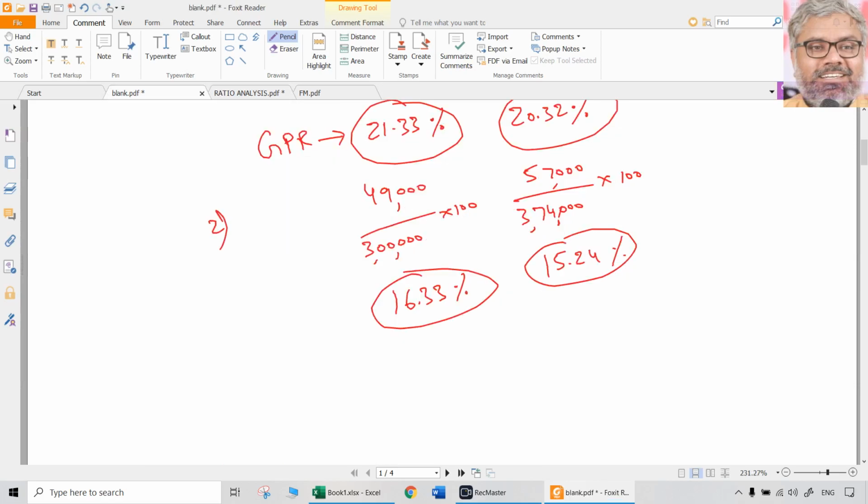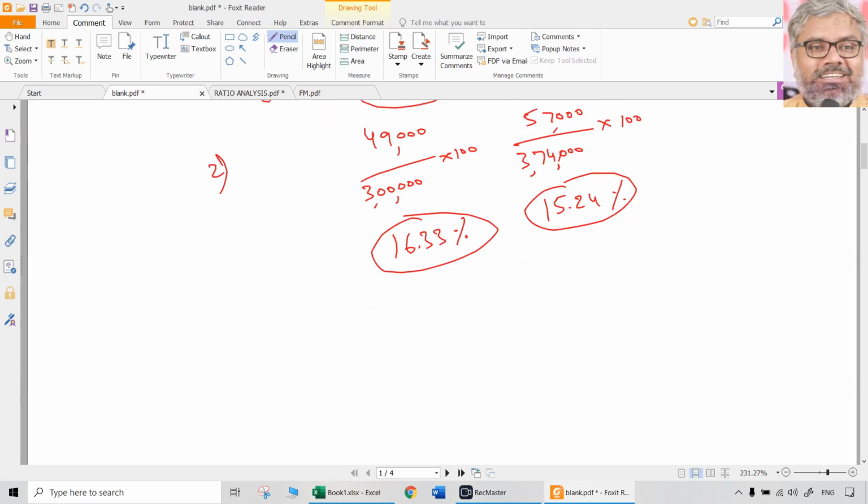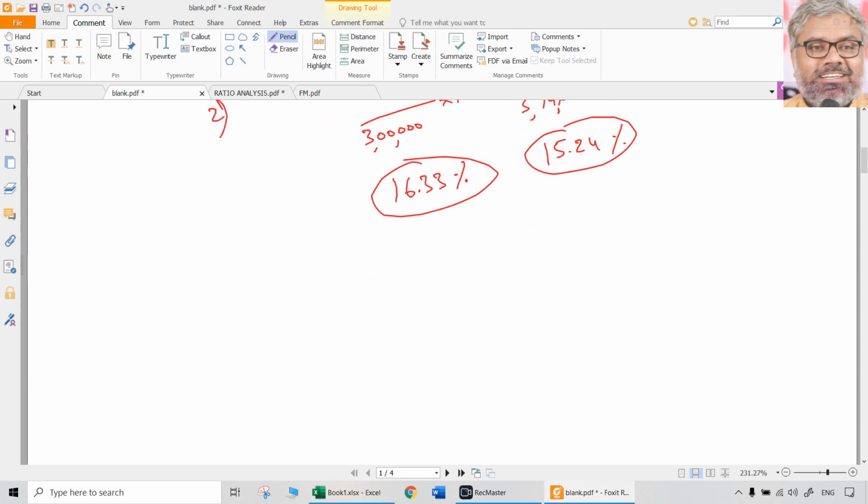Should two decimals or three decimals be used? Don't ask that. It is your convenience. Preferably two decimals. Not more than that will be required in general. But if you want to put one decimal, no problem. But don't round it directly. 16.33 is not necessarily 16%. For percentages, whichever ratio is expressed as a percentage, use two decimals consistently. You don't have to separately take a decision for each calculation. Take two decimals for any percentage-related ratio. Here we have taken two decimals, no problem.